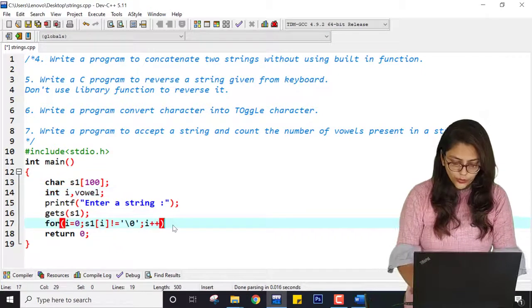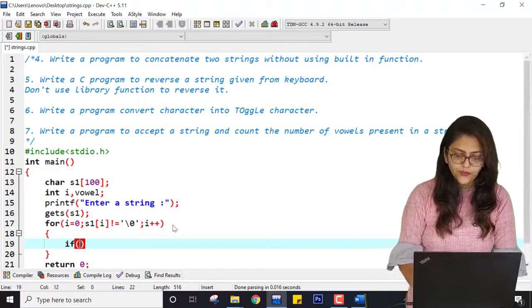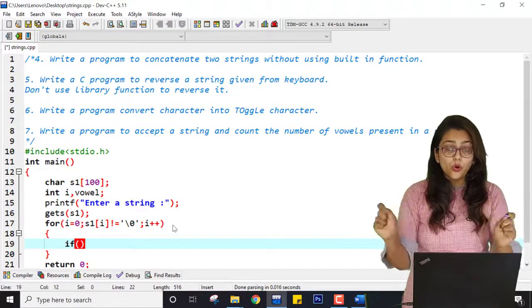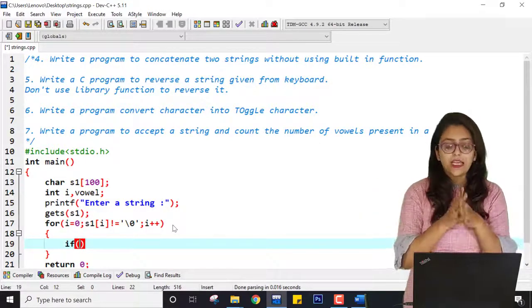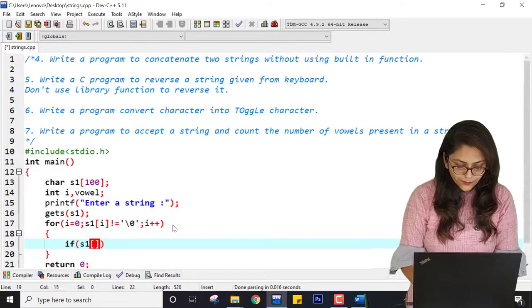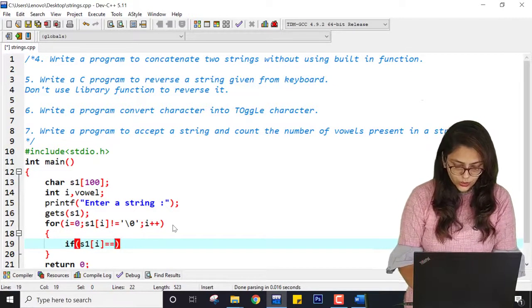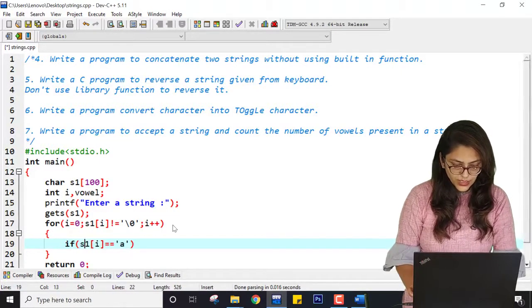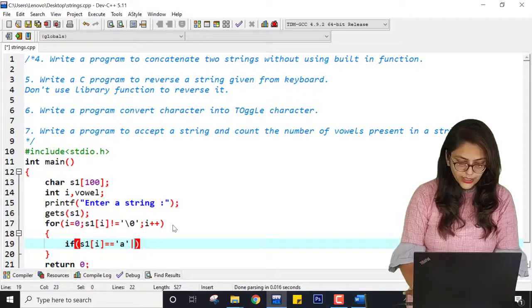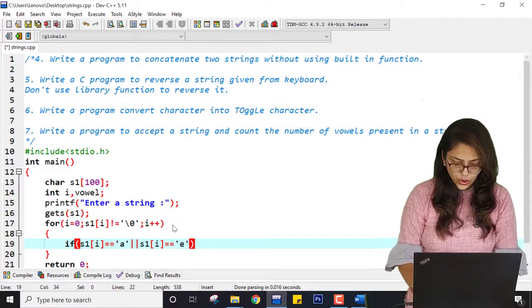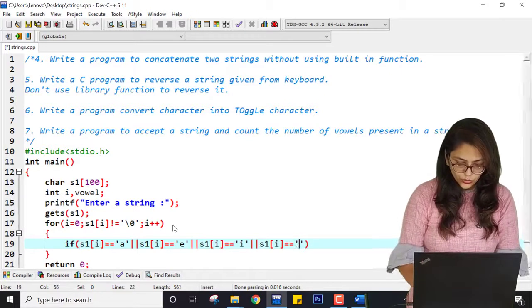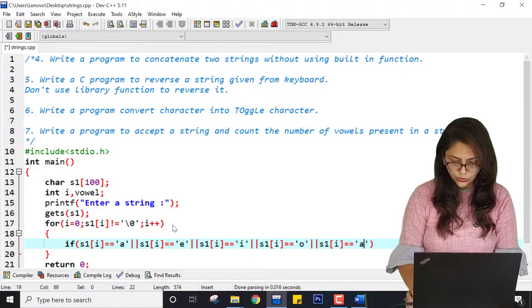After this, what am I going to check? I am going to check a condition. The condition will be so long that it may be hiding behind my back, but I am checking if s1 of i is equal to a. Let me copy this, and here an or condition. So if it is a or e or i or o or u.